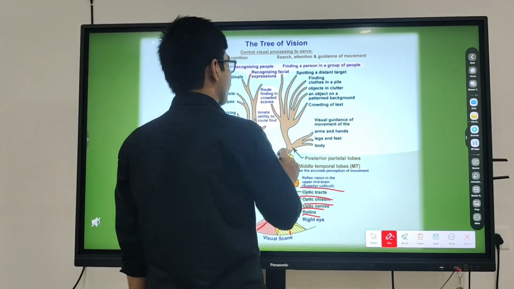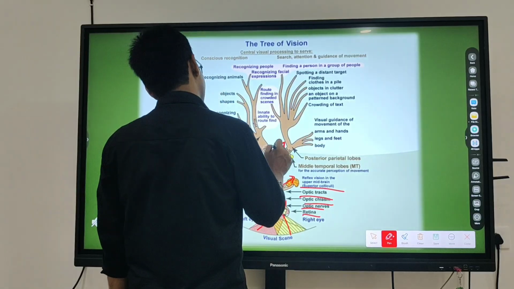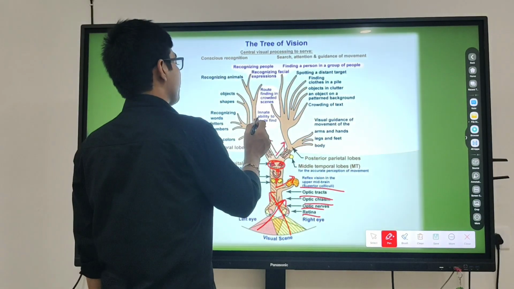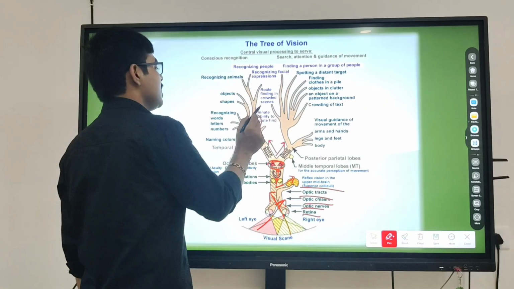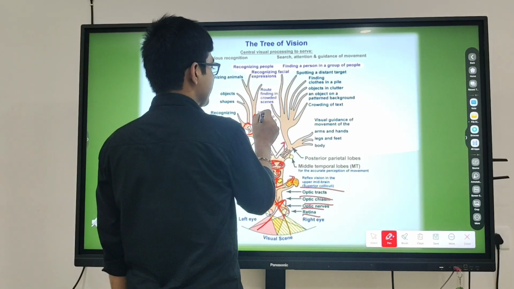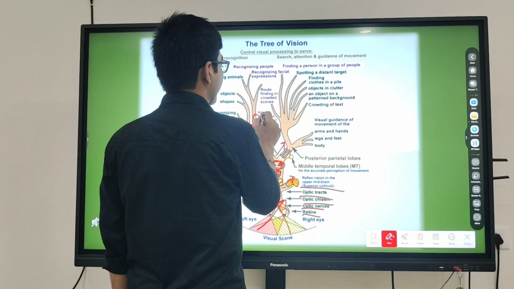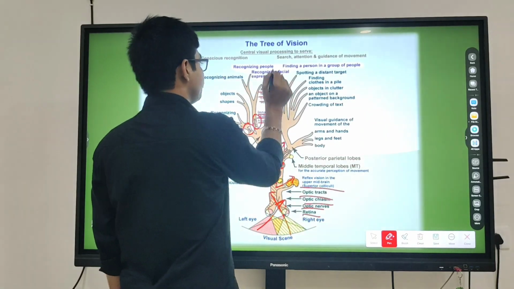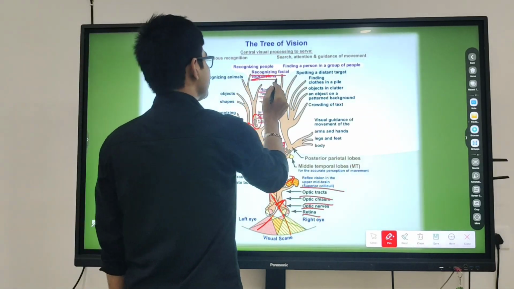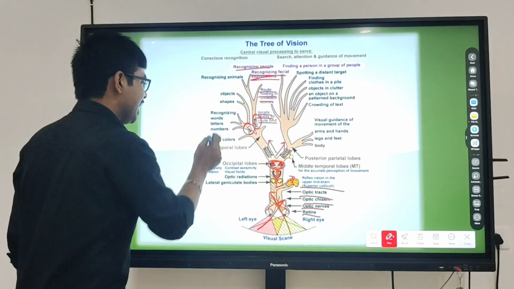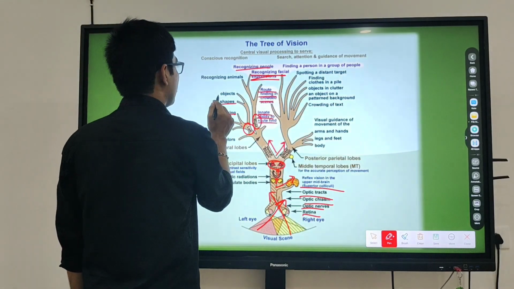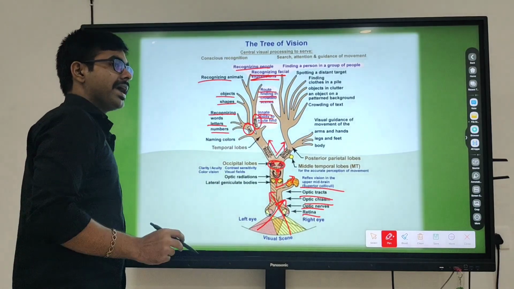The occipital cortex is sending the information to the dorsal stream, and another way it is sending the information to the ventral stream. So this ventral stream again has the right side and the left side. The right side is basically for the innate ability of route finding in a crowded scene, recognizing facial expression, recognizing people. But on the left side, what are we identifying? Letters, numbers, recognizing words, shape of the objects and recognizing animals.